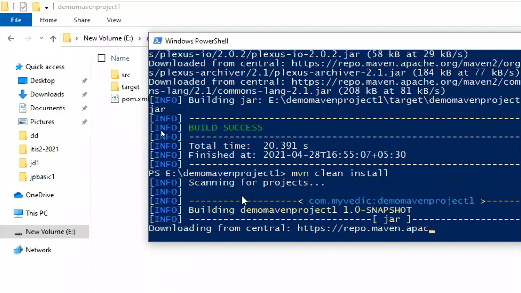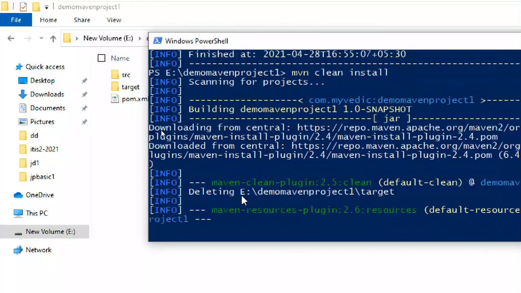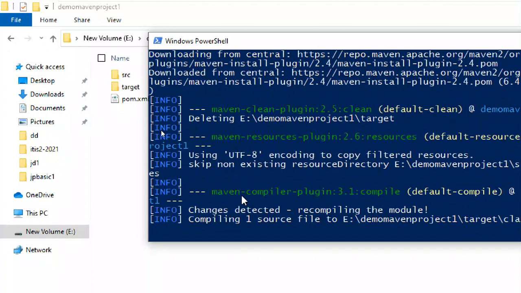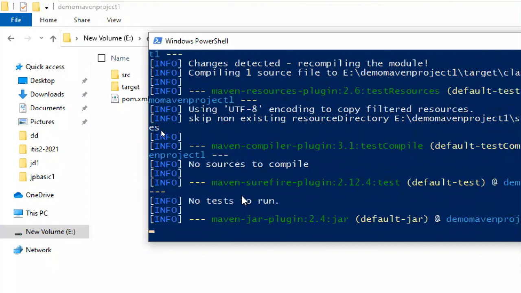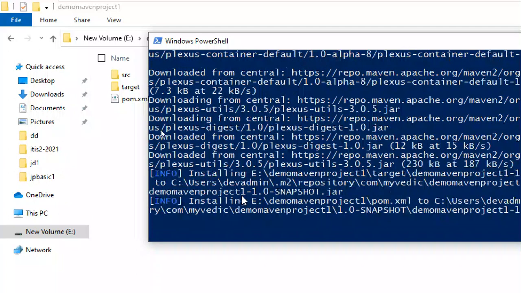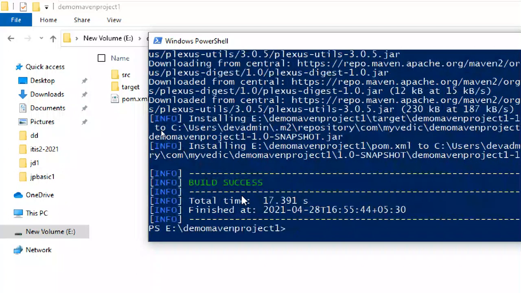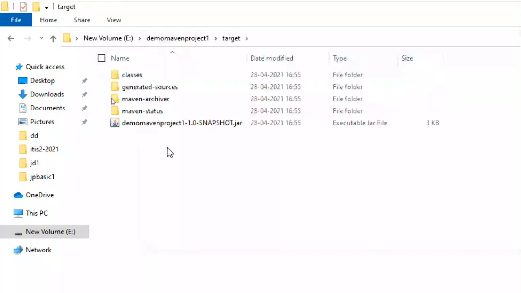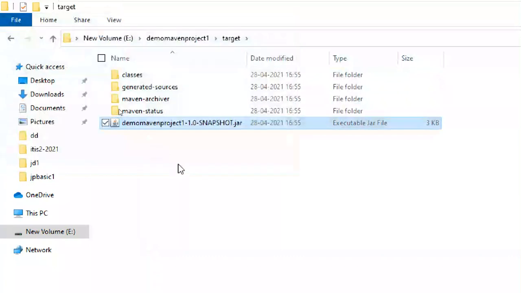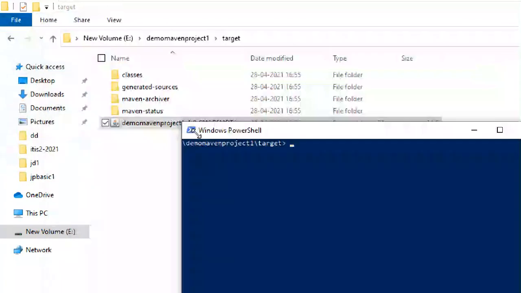Okay, Maven is a build, test, and compiling tool mainly for Java related programs. According to the POM file information, it will build a thing. Okay, start. So if you see, when you do this, a few things are generated, including the jar file also. If you want to run this jar file, you can run it. You can double click if you want.